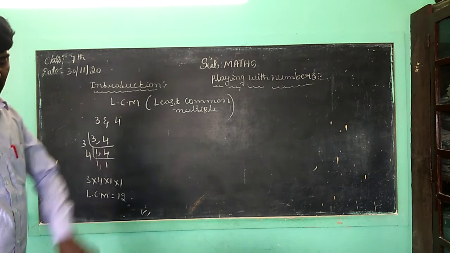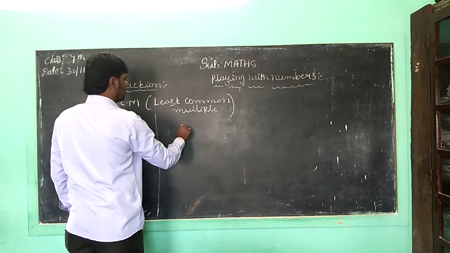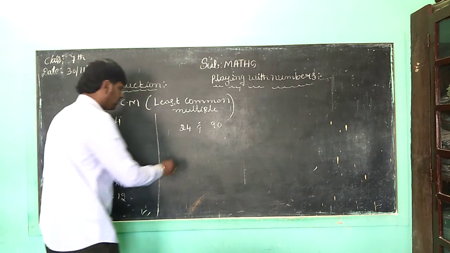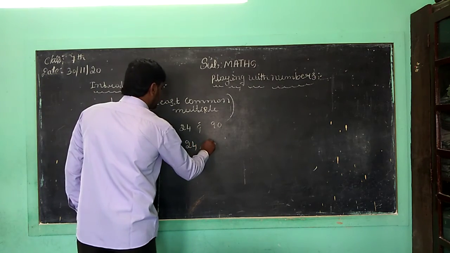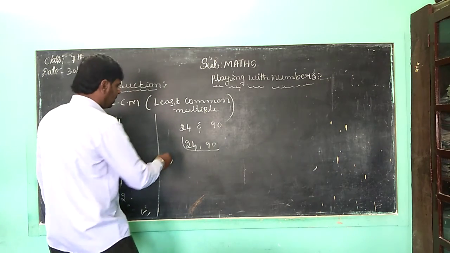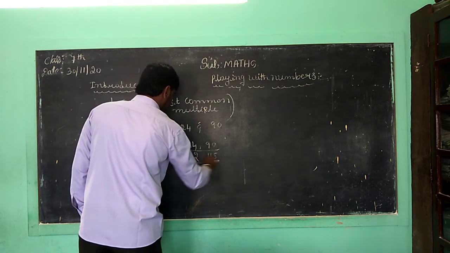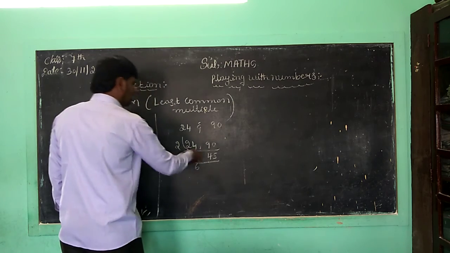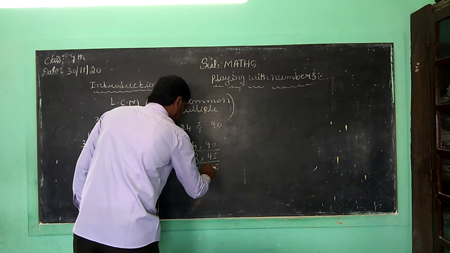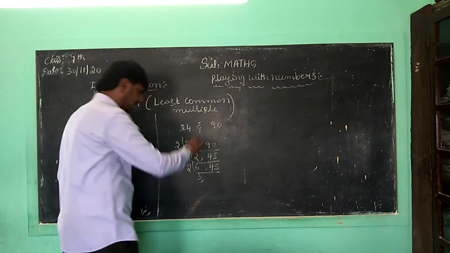Children, suppose you want to take other numbers, 24 and 90. 24 and 90, you want to take, children. LCM, how? Same like that only. Here 24, here 90. First you want to divide, children. How can you find it? Then also easy. 2 12s are 24. So 2 45s are 90. Children, next you want to write 2 6s are 12. 45 cannot be cancelled with 2. That's why write as it is, 45. And next 2 3s are 6. 45 cannot be cancelled with 2. Write as it is.